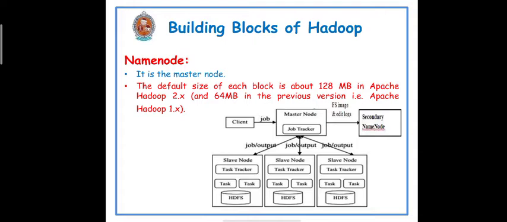It records the metadata of all the files stored in the cluster. For example, the location of blocks stored, the size of the files, permissions, hierarchy, etc. The main thing is the default size of each block is about 128 MB in Apache Hadoop 2.0 and 64 MB in the previous version, that is Apache Hadoop 1.0. There are two files associated with the metadata. Those are